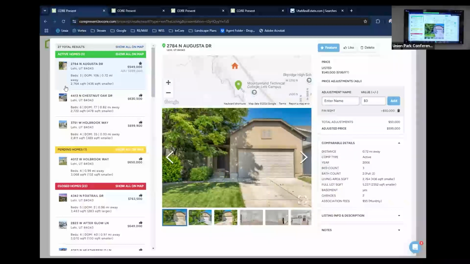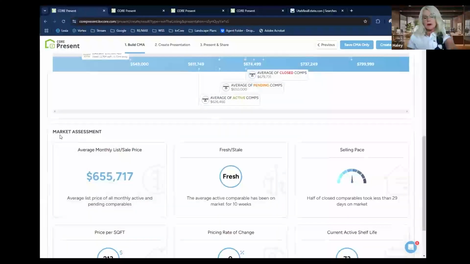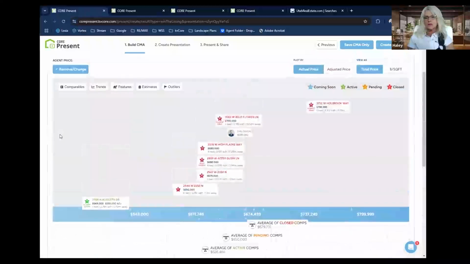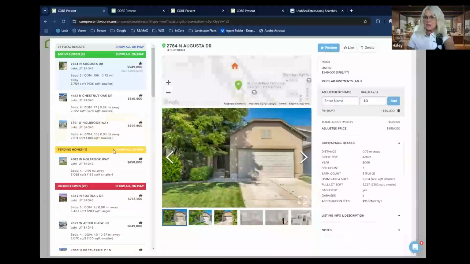It only comes. Or any of that? There's nothing. It doesn't do that. Okay. So Dan, does it keep it part of that average of active comps if you've liked it and it's not on your bar graph, but this little average of active comps, you've only got one active comp even on there, and it's way low. So it must be calculating it because you've liked it and it's part of the report still. It's calculating into that average.